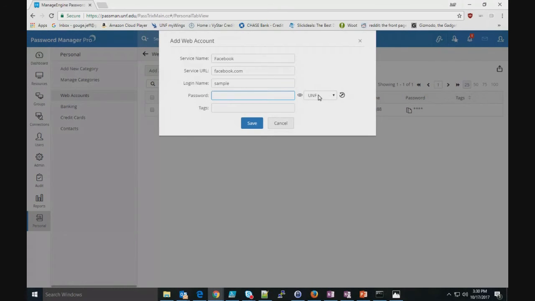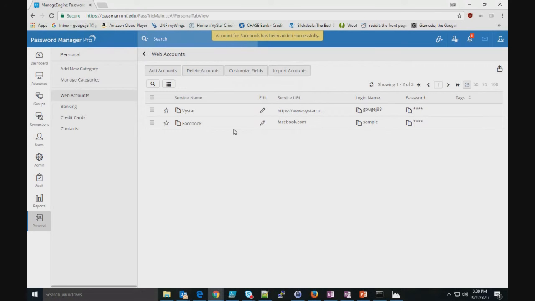The other thing you could do if you wanted to, you could type in wherever you want and show it here. Or you could hit this generate password button, which is the far right little squiggly, and that will just generate a random password for you. I'll hit save there. And then you could see what that password was and just copy it with one click in this application.